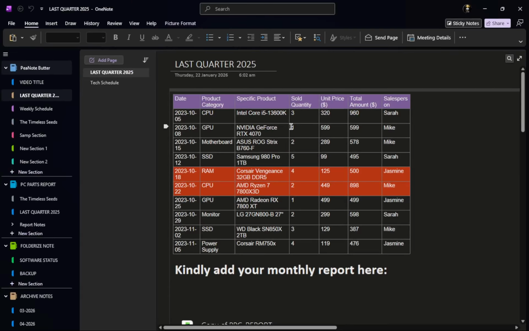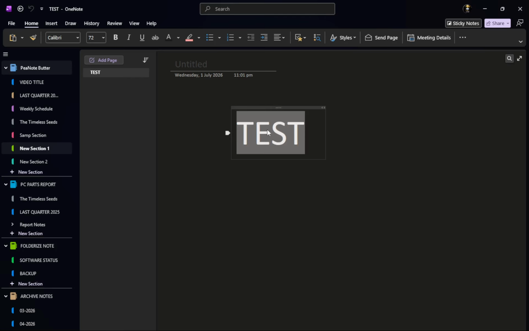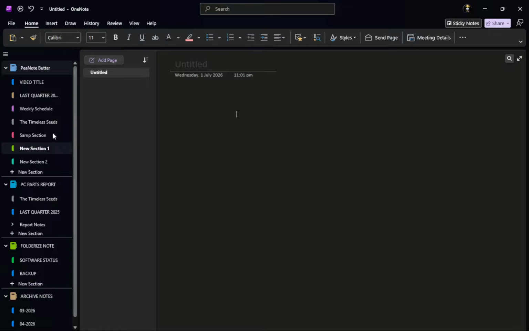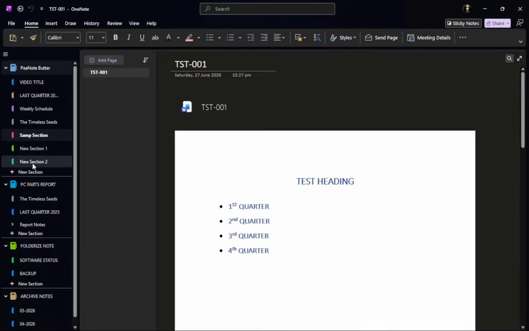When you do this, the application will launch, displaying your recent notebooks and pages. You might see a familiar interface with sections on the left and your pages in the main area. It's important to ensure you are in the correct version of OneNote, as options can differ slightly between the desktop and online versions. If you have multiple notebooks, this step is crucial because it sets the stage for where your checkbox will be added.